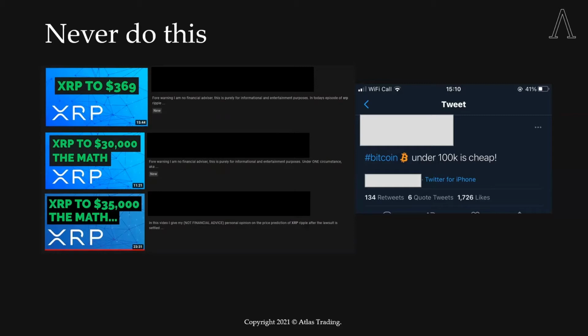And this is the main thing that people ask me: is this asset going to this price? Is this asset going to this price? And to be honest, the majority of the time, the answer is no. It's just something that they've seen tweeted on Facebook, heard from a mate, or seen on YouTube. Is the worst one. Now, XRP is the asset I'm going to use for an example in a short while